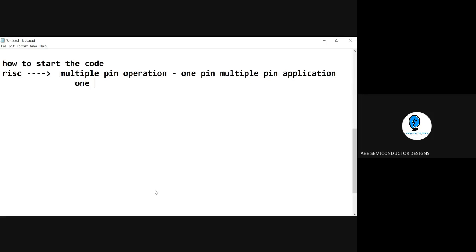Hope this is the formula to do a code, right? One pin can do multiple applications, but still you can do only one application at a time. For example, the pin may be used for ADC, I2C, SPI or some IO. The pin can be used for these 4 applications, but you can use only one application at a time.